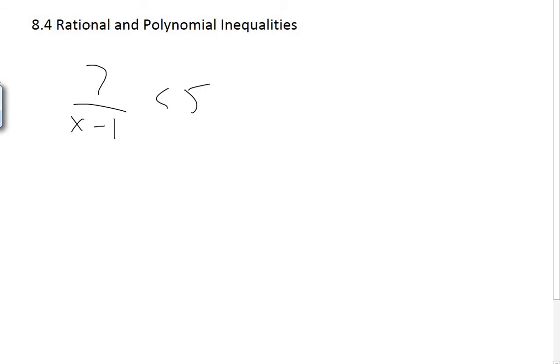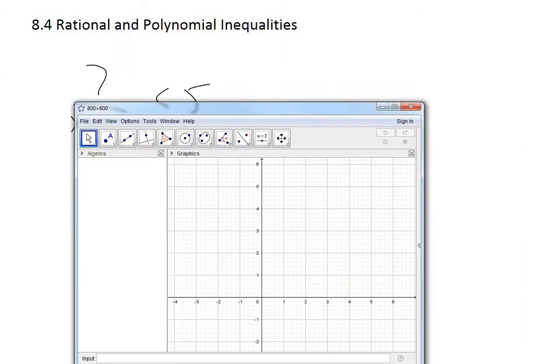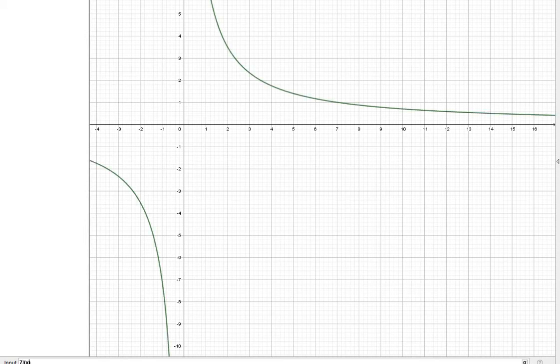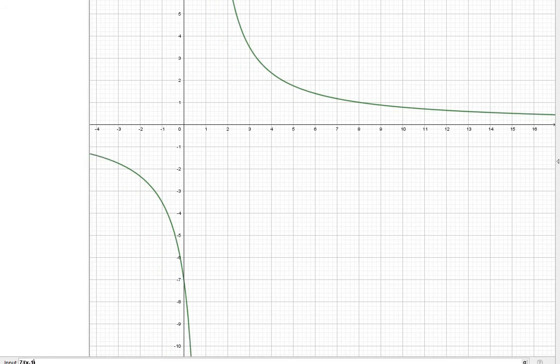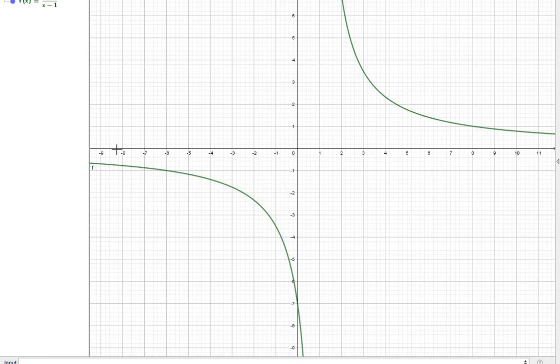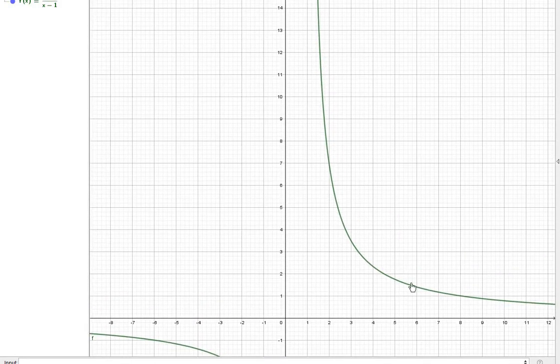rational inequality. Now, what is this question really asking me? It's asking me to find the x values so that 7 over x minus 1 is less than 5. I want to show you for a second what that looks like. Graphically, I can input 7 over x minus 1. It looks like this. This is the graph of a rational function. It has a vertical asymptote and a horizontal asymptote. It never gets crossed. And so